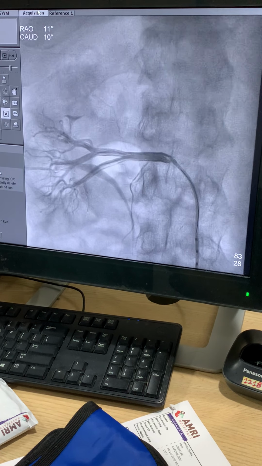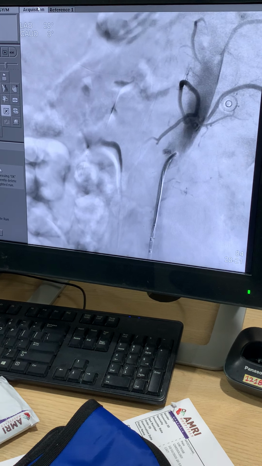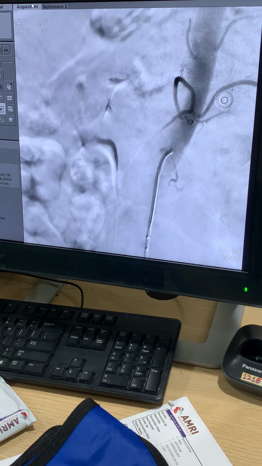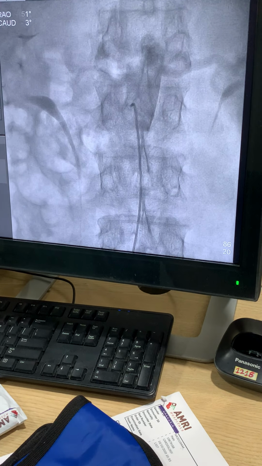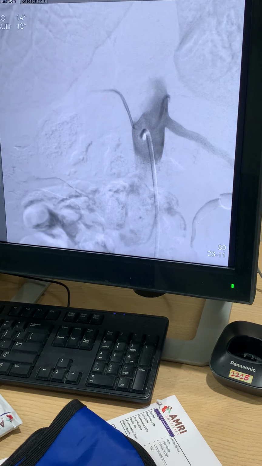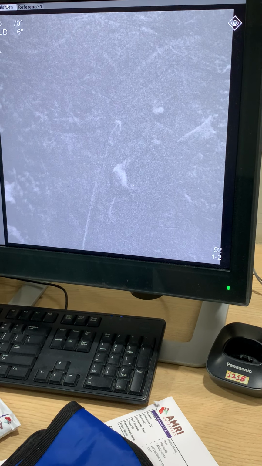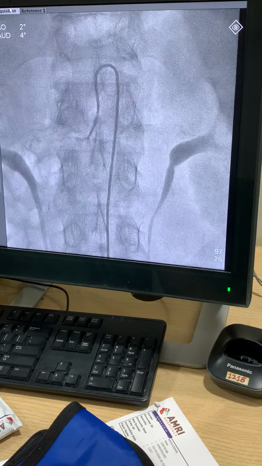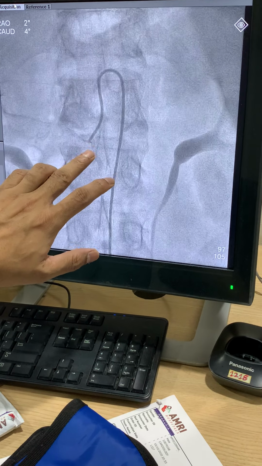So this was done, we checked, happy, but finding the anomalous right lower renal artery was quite challenging, and almost after 1 hour we could hook it with a SIM catheter, and with the SIM catheter we came to know that it is arising anomalously. We took all sorts of views, and this is the SIM catheter. Now the SIM catheter, the beauty is it is a very atraumatic catheter.